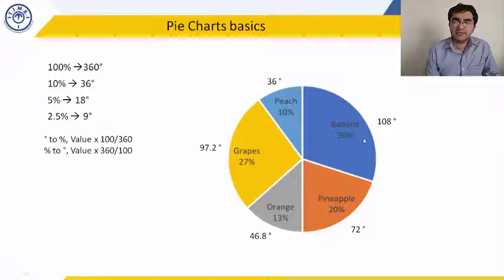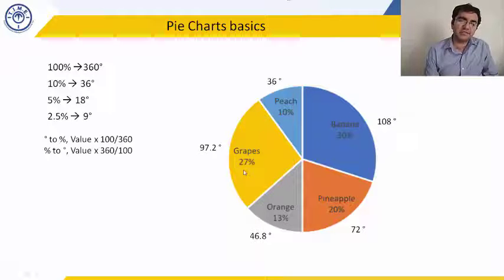If 30% is 108 degrees, then what is 3%? Remove one zero on either side, or move one decimal point to the left. So here what do you get? 3%. So here what will you get? 10.8 degrees. Please write this in your copy. 3% arrow, 10.8 degrees.